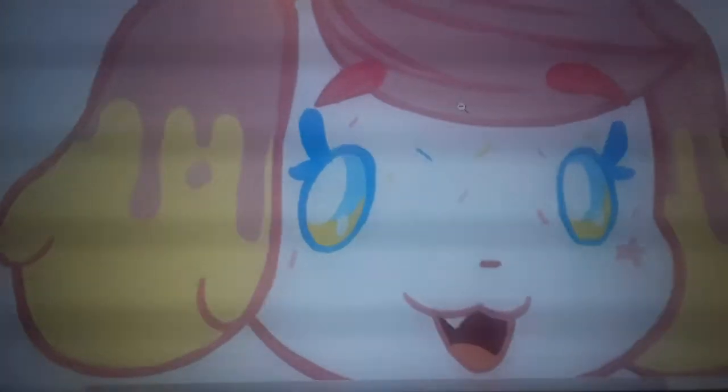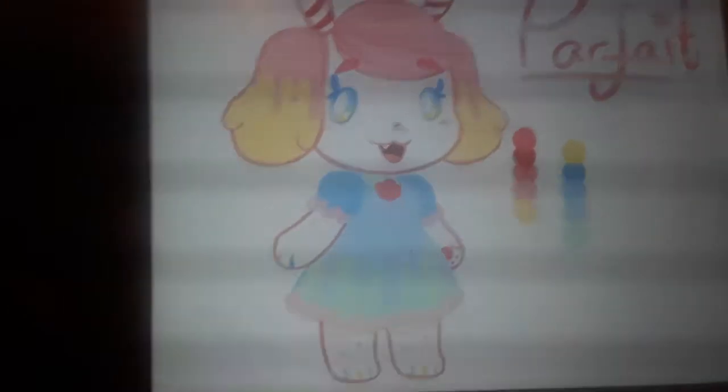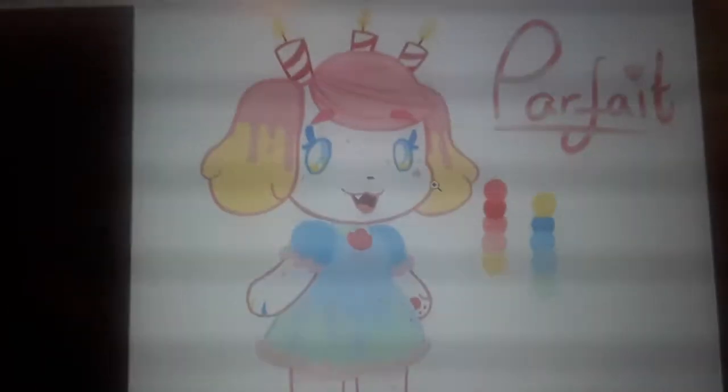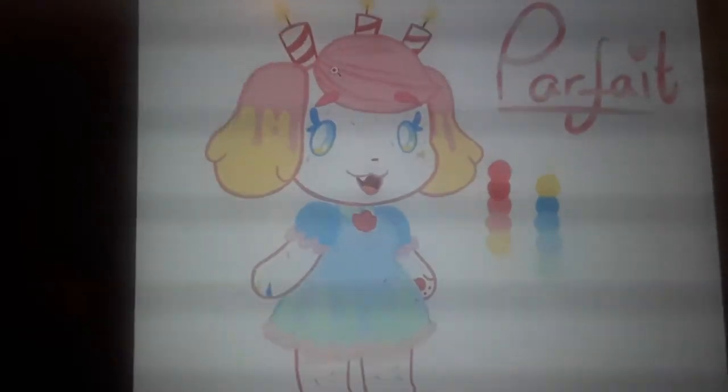Because if you noticed the little spots first, like if the entire palette was similar to the color of her dress, and the first thing you noticed is the sprinkles, then you'd wonder why she has a whole pile of acne on her, or a pile of just random dots. But instead, that happens a lot later in the immediate look process, in the subconscious feeling when you see this character. You immediately look at her face, you see that she's happy, then you notice the candles, and then you